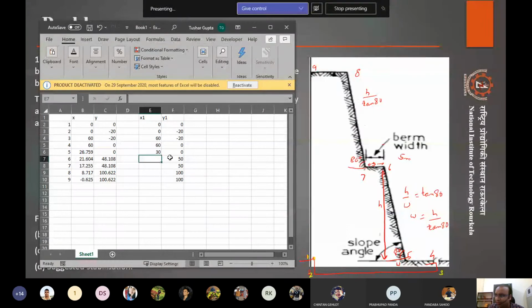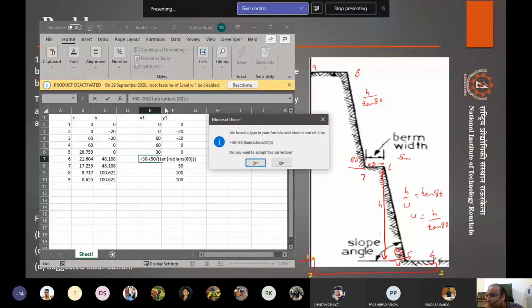So 30 minus, this one is H. H is 50 over tan 80. So tan of 80. Let's close this. And I have to make another bracket here. And I think I have missed the plus sign. So yes.